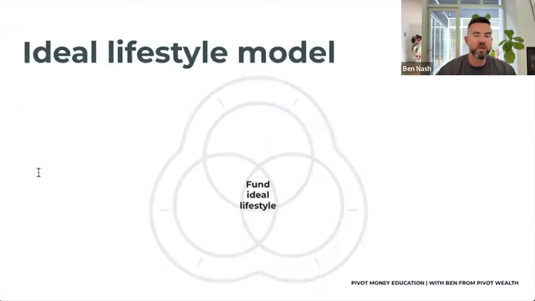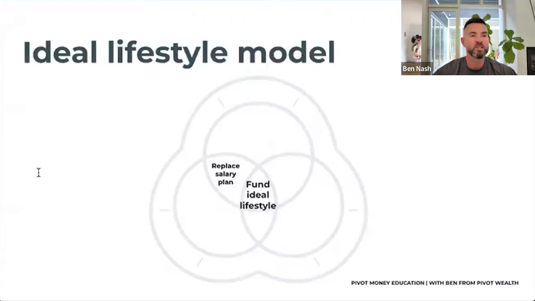And so when people think about their money, they think about a lot of different things. It might be saving tax with trusts, or it might be buying property, or it might be any number of things. But what we find is that at the deepest level, what people really, really want is just the ability to fund their ideal lifestyle. That you've got a nice roof over your head, you don't have a crippling mortgage on that, and you've got enough income coming in so that you can live the ideal lifestyle that you want. And so that's what we've found over the years is that that's really about three main things.